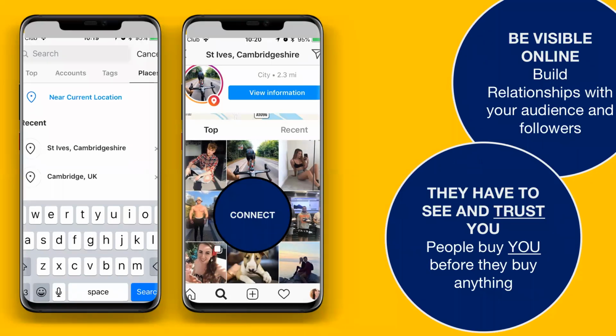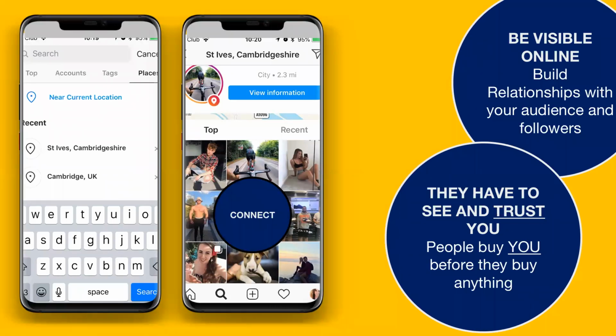So when I search my location, it comes up with all of the top posts being used by other people in the area, and also all of the most recent posts. So these might be ones that haven't been so popular, but have been shared within the last 24 hours. And I'm able to then look through different people's profiles who I then know are not only living in my area, but also effectively using Instagram already, either to promote a different brand or just to build an audience